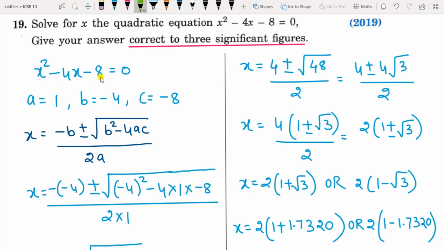So this is the given equation. Here A is 1, B is minus 4 and C is minus 8. This is the formula. Substitute the values in the formula. You get minus 48. 16 minus 3 times 16 is minus 48, so the square root of 16 is 4. Take out 4 common from the numerator. It will be 1 plus or minus root 3 by 2. So this will be 2 1s are 2, 2 2s are 4. So the answer is 2 into 1 plus or minus root 3. For plus, this is the plus root and this is the minus root.